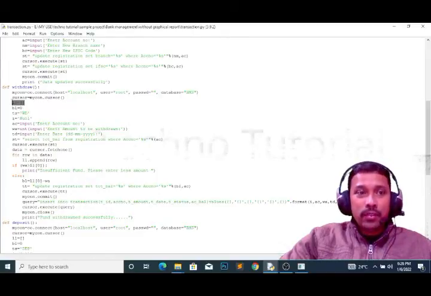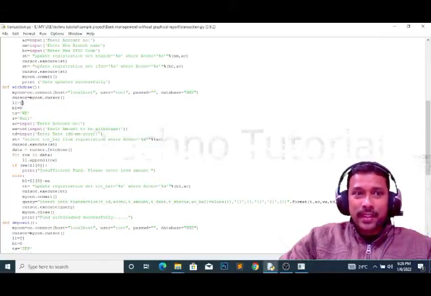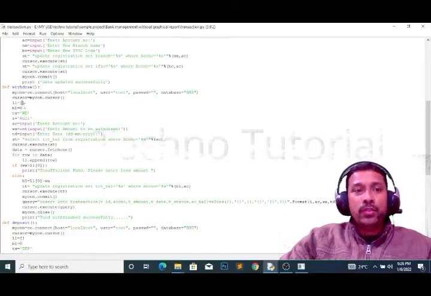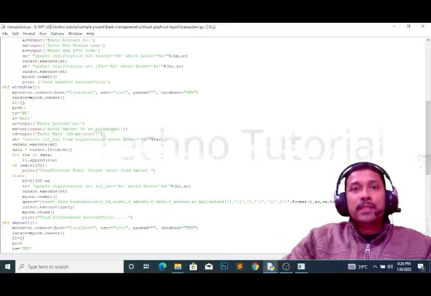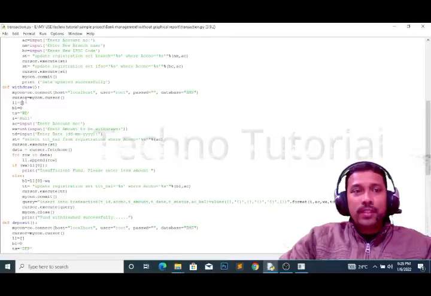Now the value of the list is 2200. If it is a list, you already know the first value is stored at index number 0, the second value at index number 1, the third value at index number 2, like that, right? So now L1 at index 0 is 2200.